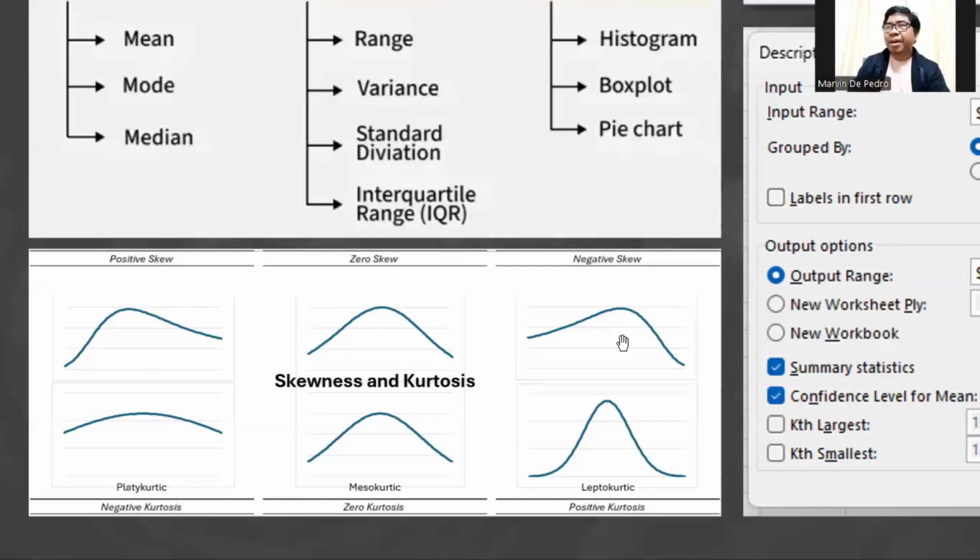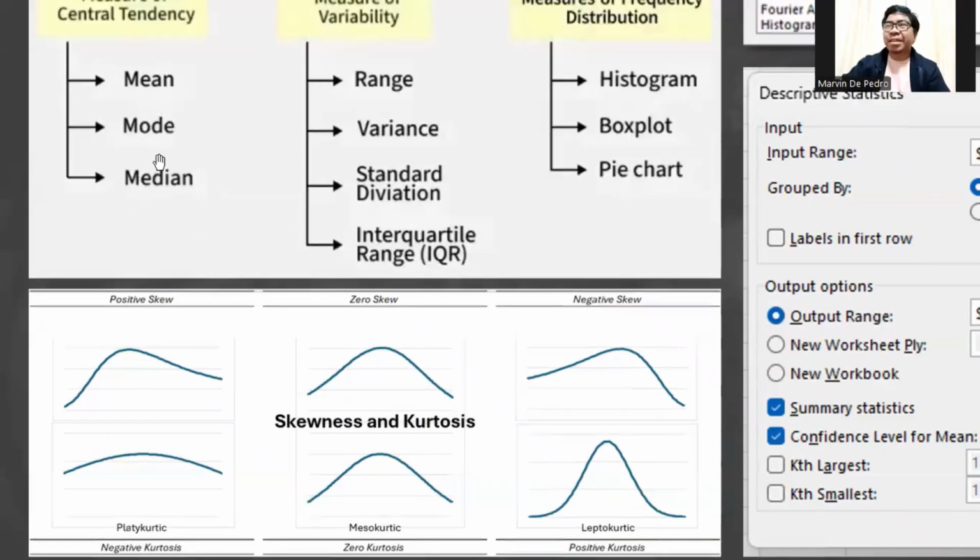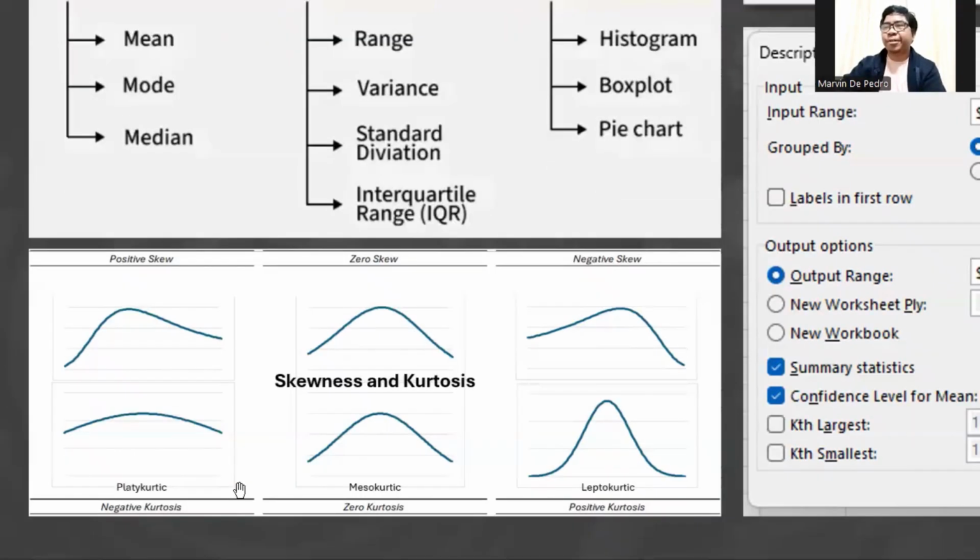And one of the early signs that our data is normal is when the mean, median, and mode are equal or at least almost equal to each other. Okay. On the other hand, we have the term kurtosis. So just so you know, kurtosis means how well spread our data is.